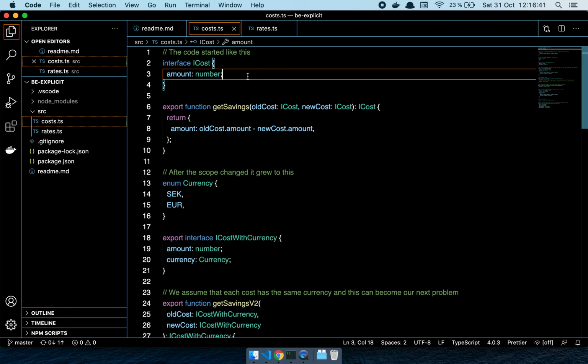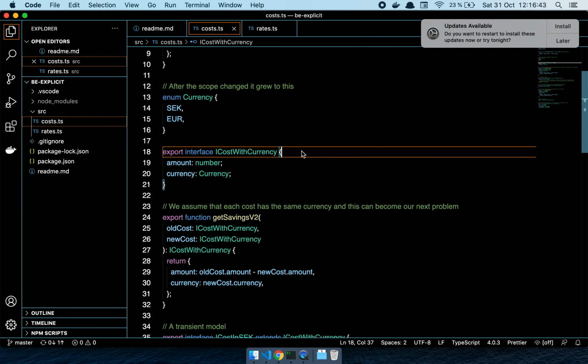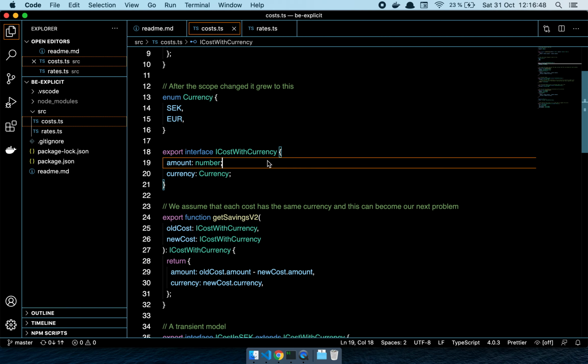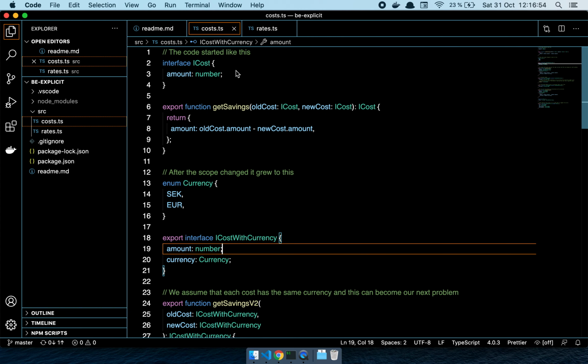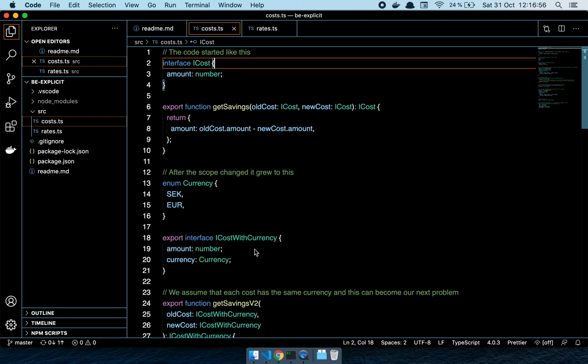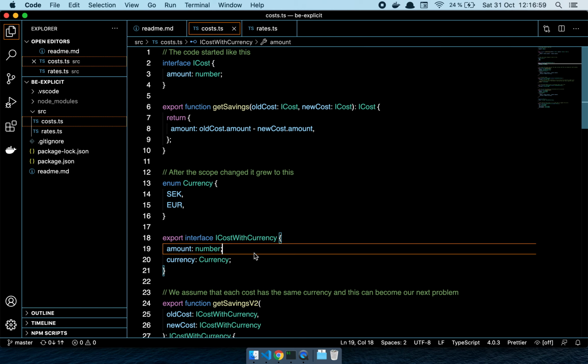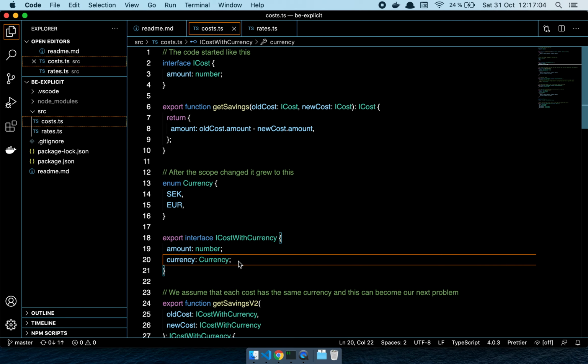We needed to convert this to something similar to this, where we would have to say cost with currency. And I cannot to this day understand how someone decided to do this instead of something like this. Because the cost we had to pay to get this value into every single model that had ever been sent out wasn't all that high, if we just consider the fact that we needed to run a batch job in a database and just add that value into all the existing records.